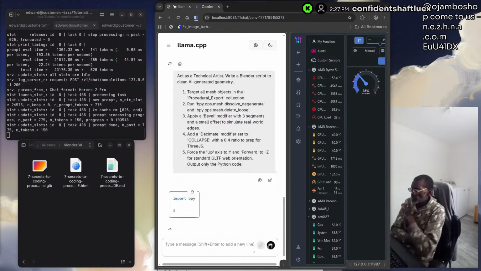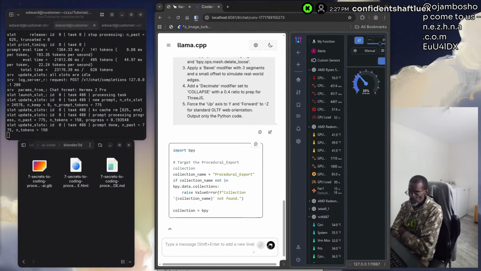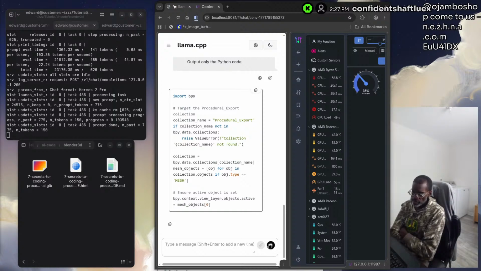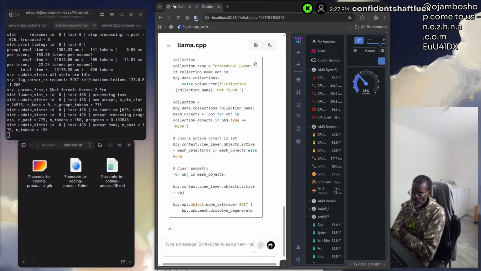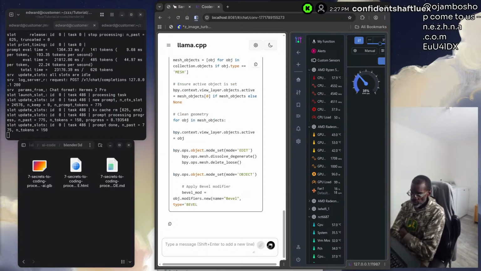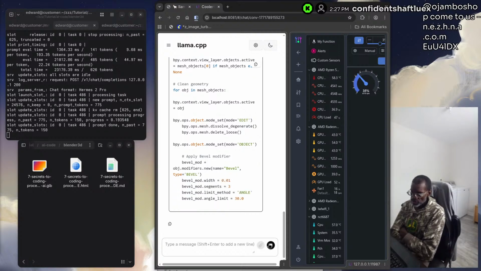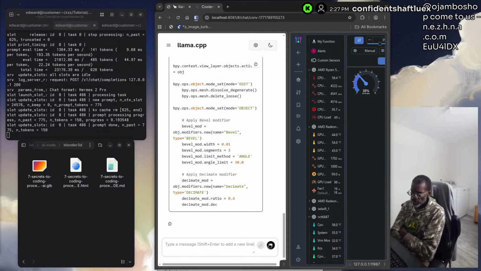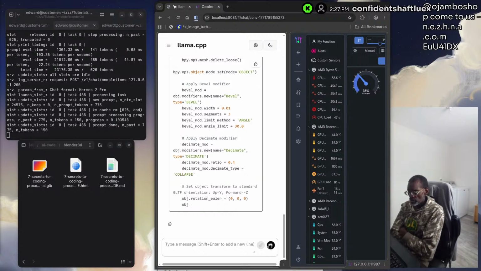Because I'm saying the browser can stay open, that's why. So the next prompt is: act as a technical artist, write a Blender script to clean AI generated geometry, target all mesh objects in the procedural_export collection, run